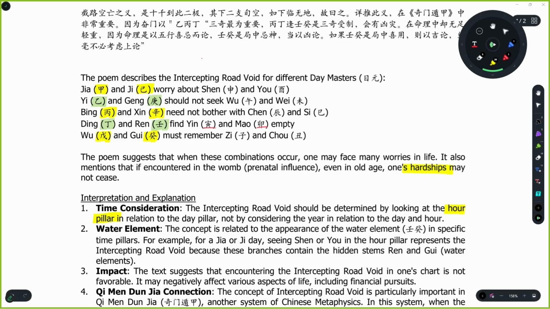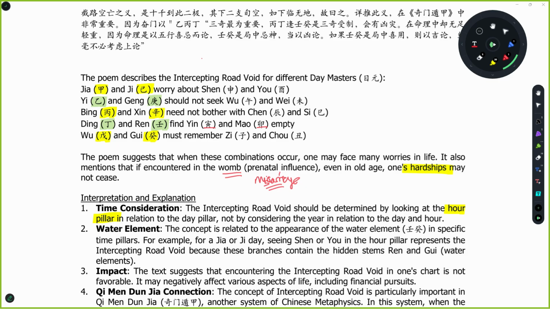for women, of course, it may denote that there might be miscarriage. Because the hour pillar represents the children pillar. As it represents the children pillar, then if there is an intercepting roadblock, it means difficulty in conceiving, difficulty in producing